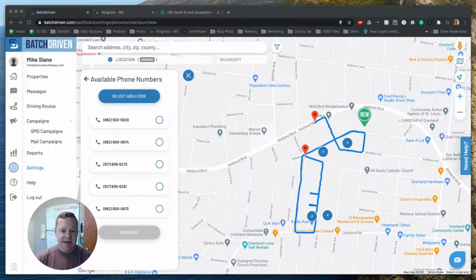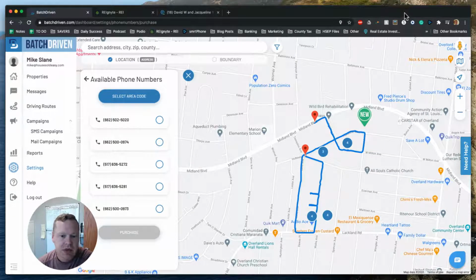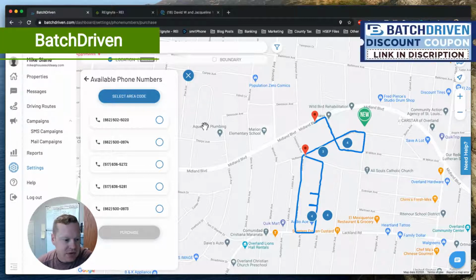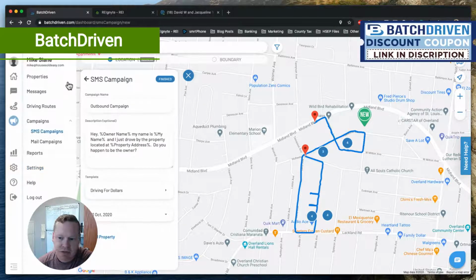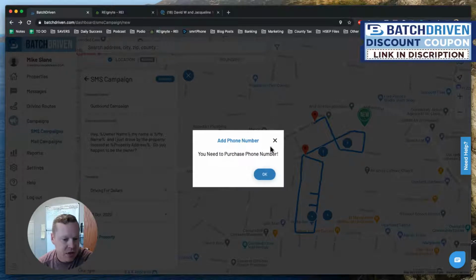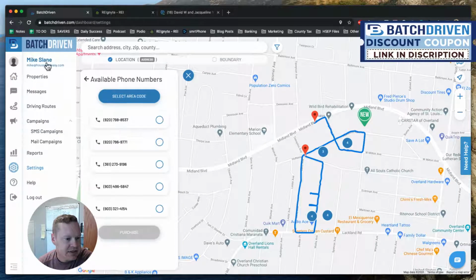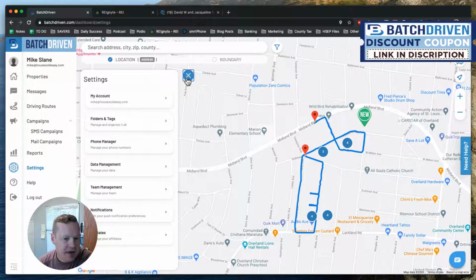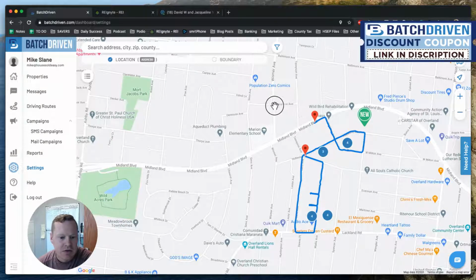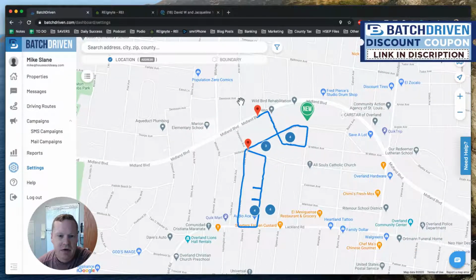Hello, guys. Today I am going to be playing with the exports from the driving for dollars I just did yesterday. I'm going to grab those leads from BatchDriven, and I want to make sure that you guys are seeing my screen. Let's just go back here. So now we're in BatchDriven on our desktop, and we are going to try to figure out,